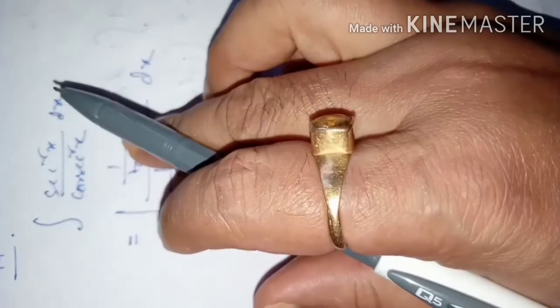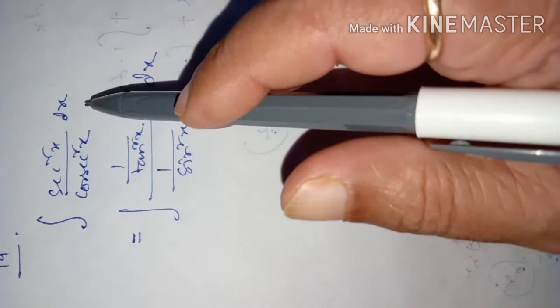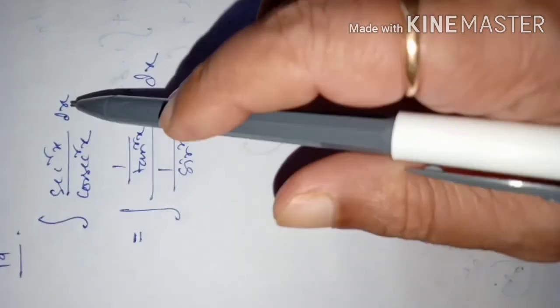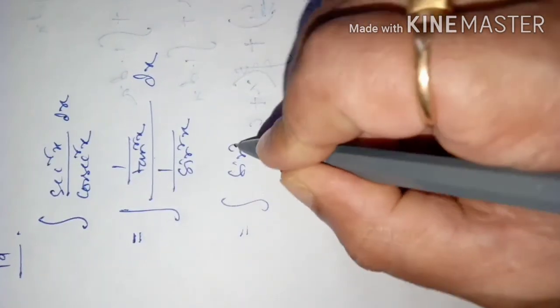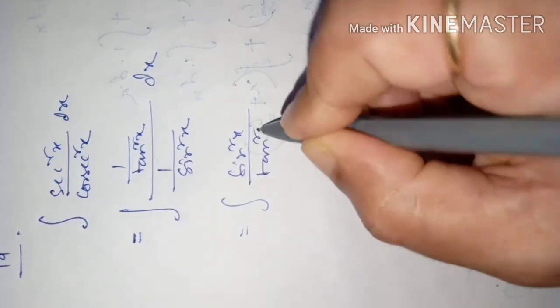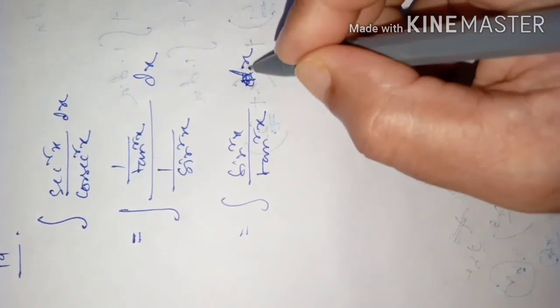The expression as given is not directly in that form. Its antiderivative is not easy to find. So whenever an expression's antiderivative is not directly obtained, you can try to change it into a new, standard form, which is the antiderivative of a given function. So like that, 1 by tan square into 1 by sin square will become sin square by tan square dx.